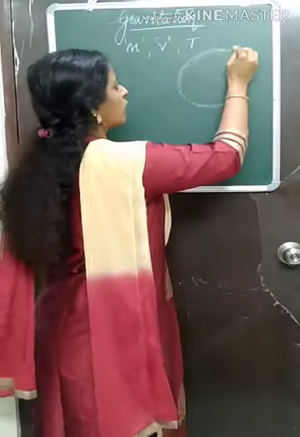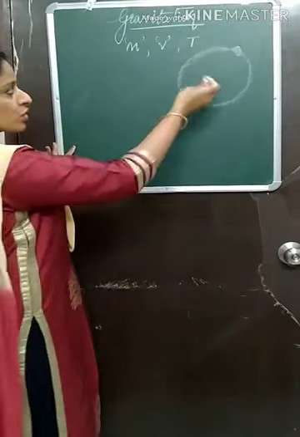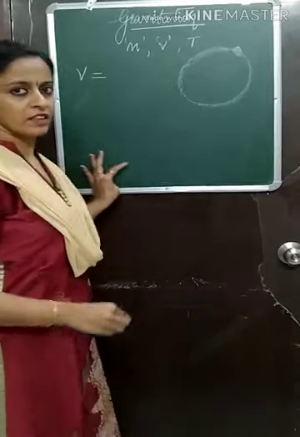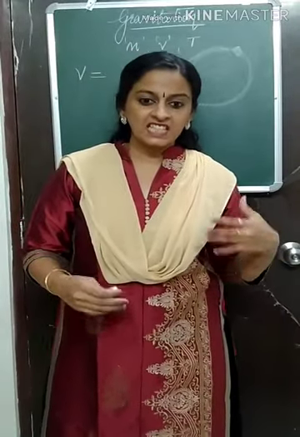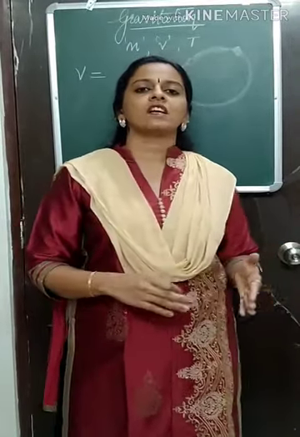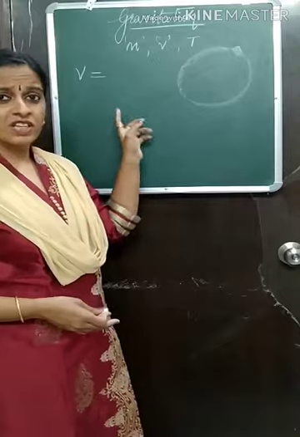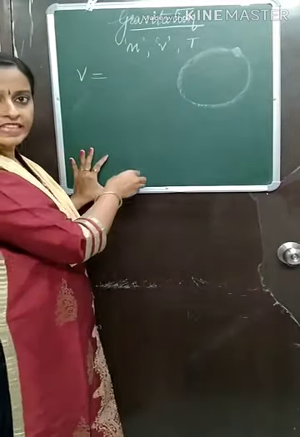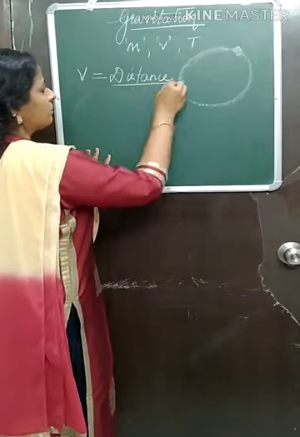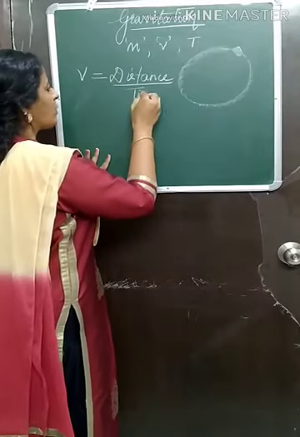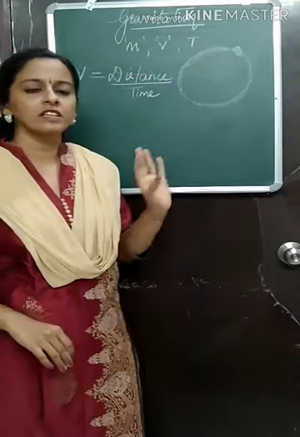Let us consider an object moving in a circular motion. What will be the velocity of this object? You did the definition of velocity in your 9th standard. The distance covered in a specified direction is called displacement, and velocity is displacement upon time. For the time being, displacement is nothing but distance in a given direction. I will write distance upon time, since here we are not talking about direction.